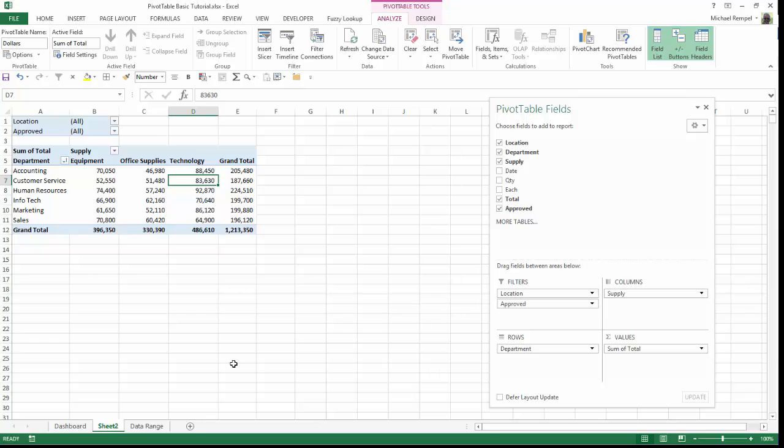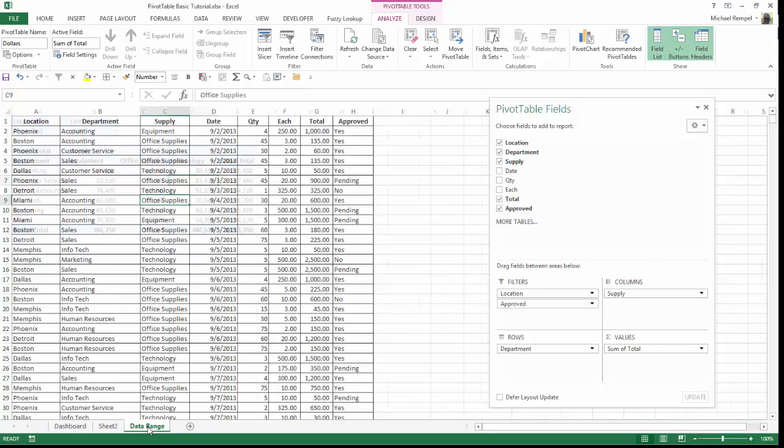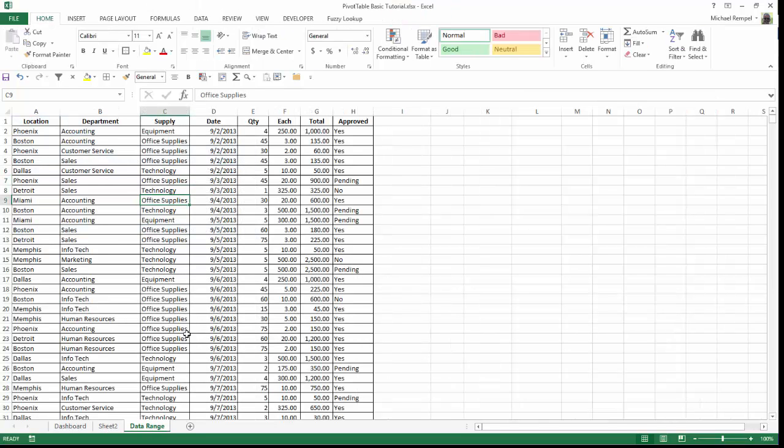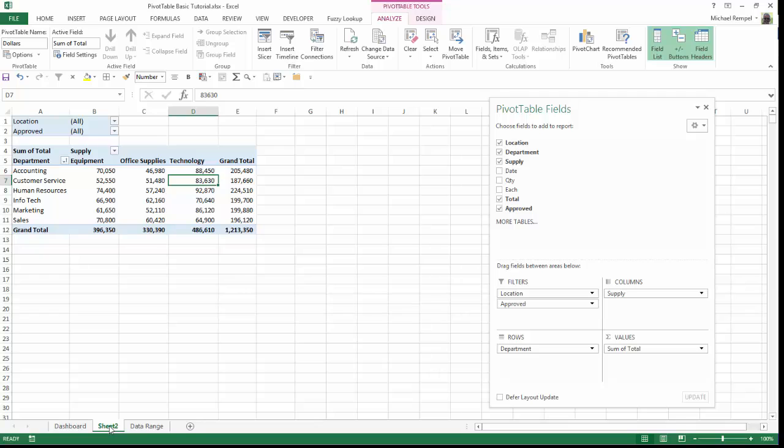Well, one thing you could do is go back to your original data source and do some filtering or sorting or extracting information to do that. But with Excel and pivot tables, it's pretty simple. All you need to do if you want to see the detailed breakdown of any of the items within your pivot table is just double click on that item, and Excel will open up a brand new worksheet and provide the detail for that. So here we have